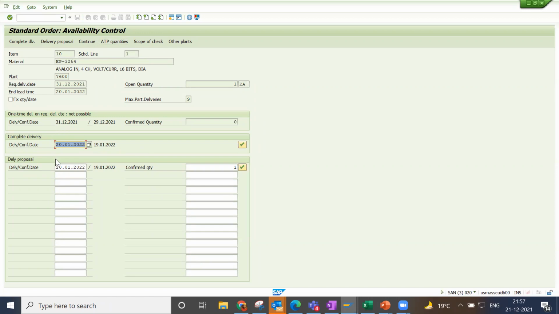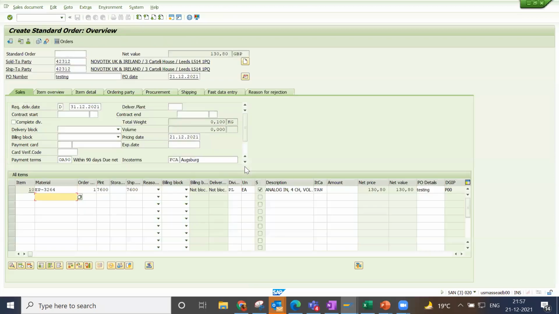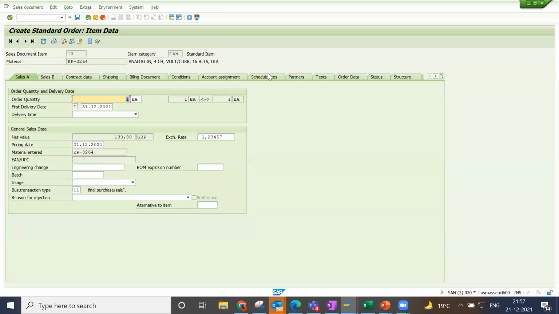Based on the stock availability and transfer of requirements, after doing MD04 update and running the MRP, the system is proposing the date 20th January 2022. That means whenever you create the sale order, in the background the system runs the availability check and the transfer of requirement. After that, it proposes the date and updates it in the schedule lines.